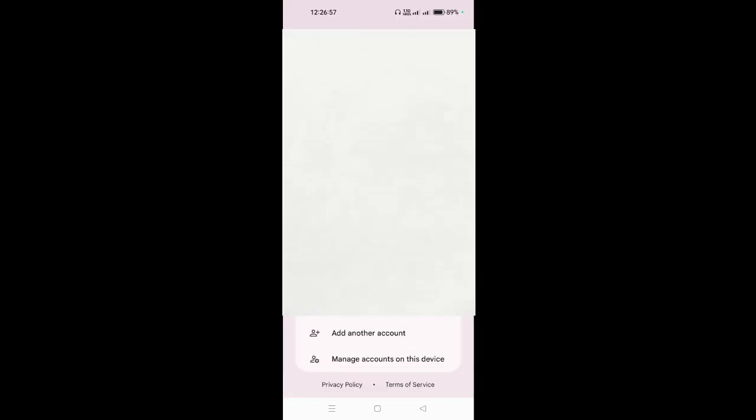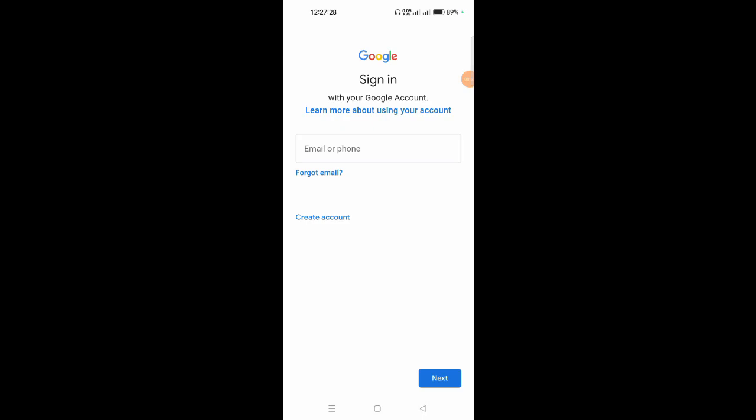First, go to gmail.com, then click on this menu, then add another account. Just click on it, then click on Google, verify it's really you. Now click on create account, then for myself,